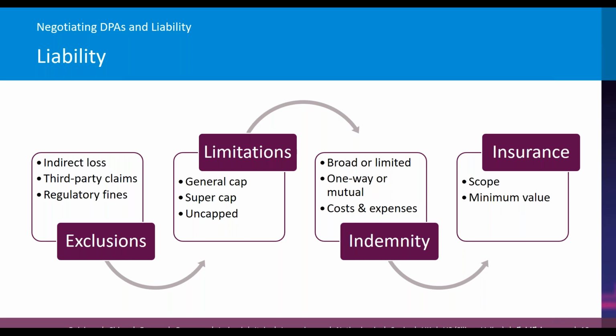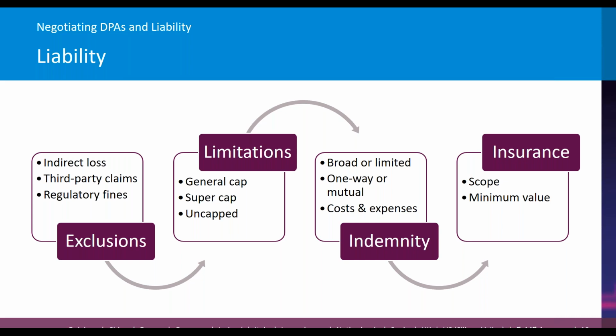So this usually means that you need to be looking at the master services agreement and how liability is addressed there, and then considering whether or not you need to negotiate a higher, maybe dedicated super cap for data protection. That's increasingly the compromise here. And then making sure that the exclusions of loss don't leave you with no ability, for example, to recover the loss of data in a security breach scenario.